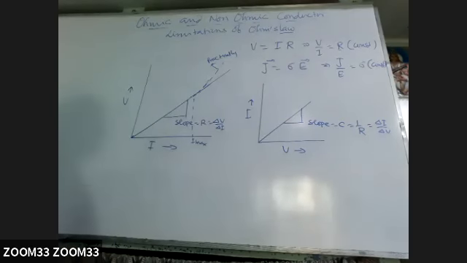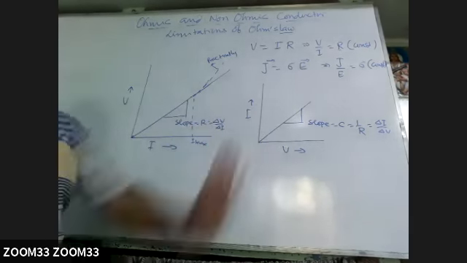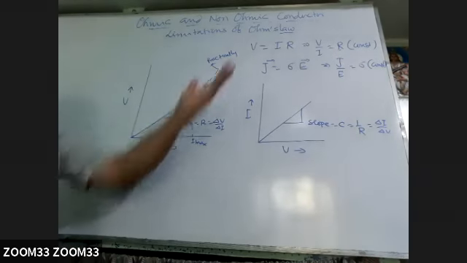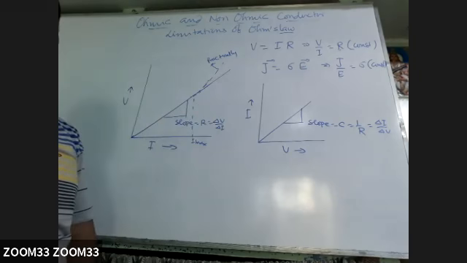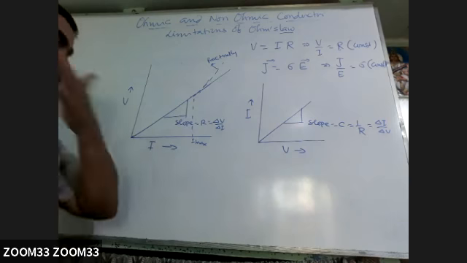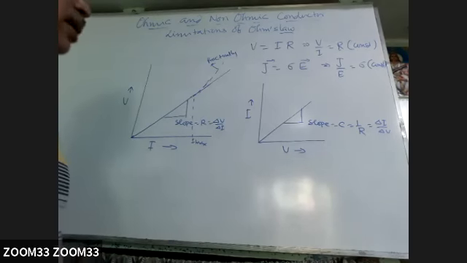In case of an ohmic conductor, what will be this V versus I graph or I versus V graph? It will be a straight line up to that limit only. But in case of a non-ohmic conductor, the graph will not be a straight line. When we discuss the semiconductor, we will see the graph is different. In the practical also we have to work with the semiconductor. We will plot the V versus I graph, so that is coming different.